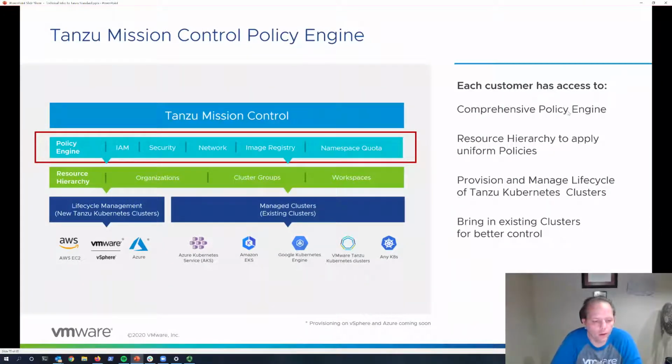Now, the policy layer. I'm going to go into only a limited view of the policy layer. There's a wide range of centralized global policies that can be crafted in Tanzu Mission Control. However, there are licensing limitations for Tanzu Standard that prevent the full use of all the capabilities at the policy layer. For example, there are standard security policies provided at this layer in the